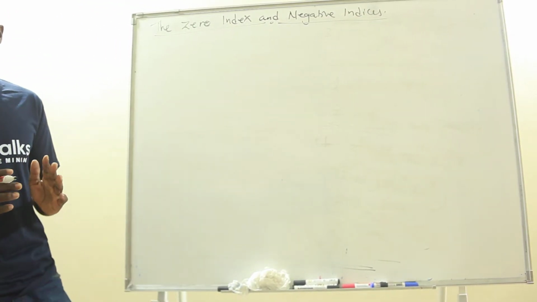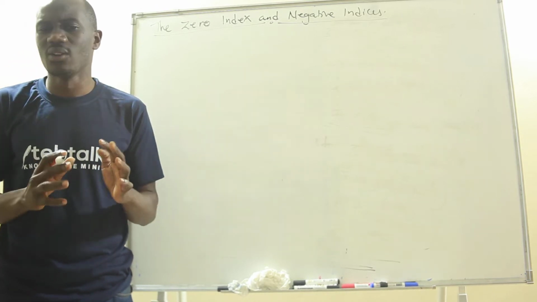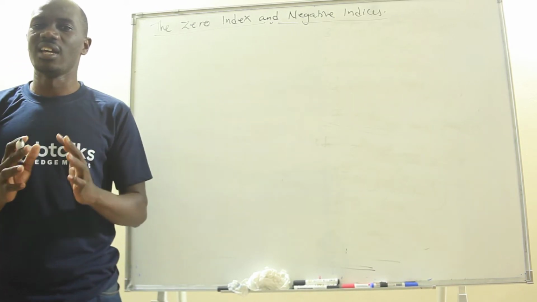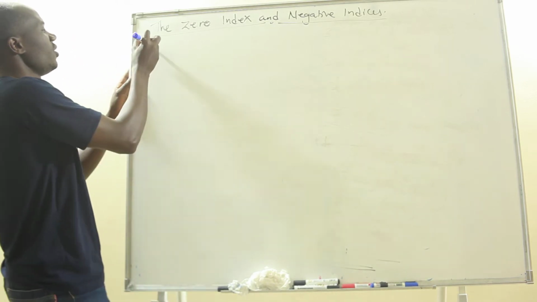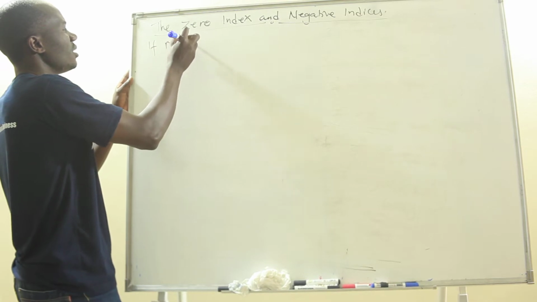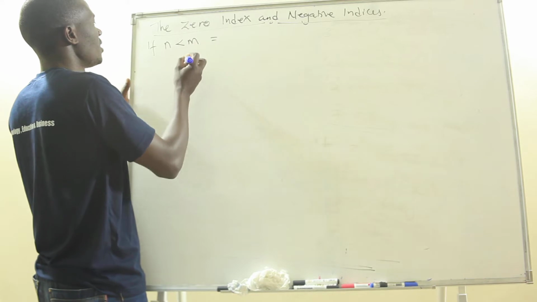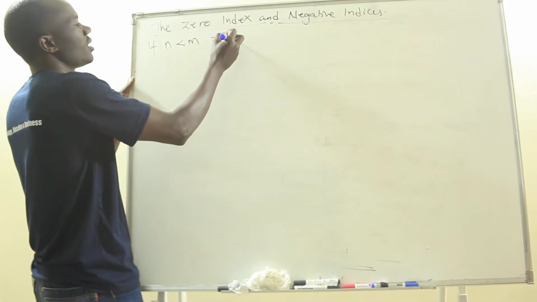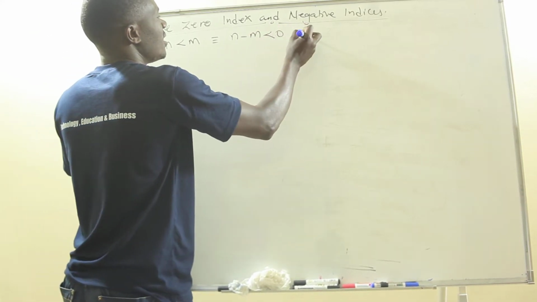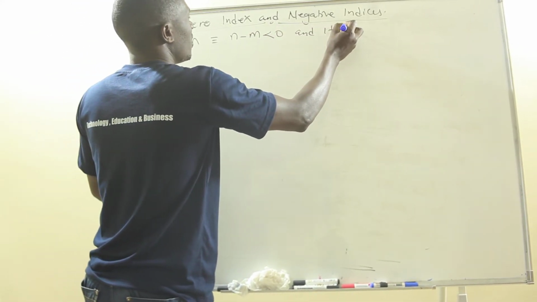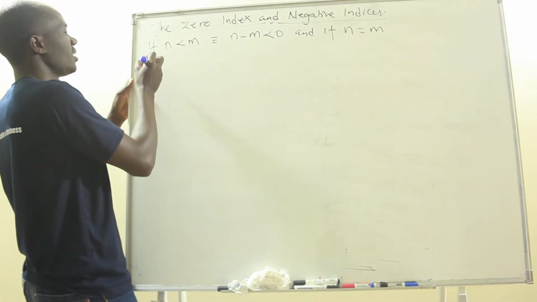So at first we were dealing with the positive ones. Now we are looking at a scenario where you have the zero index or the negative indices. How do we handle that? We are going to say if n is less than m, what does it imply? This is the same as n minus m is less than 0. And if n equals m, this implies that